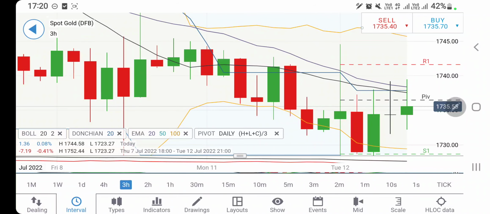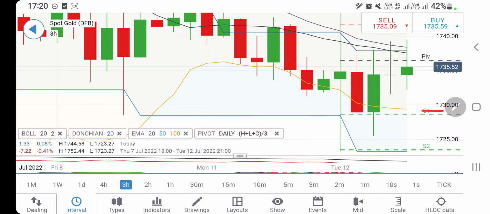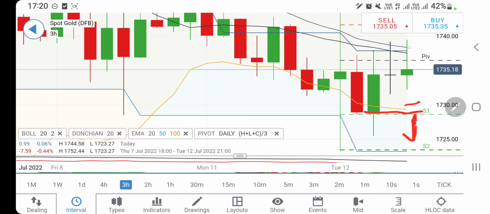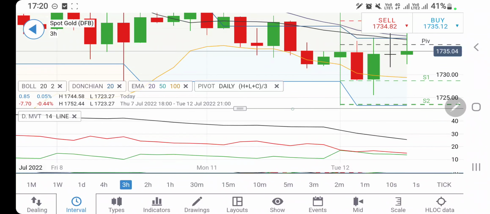On the 3-hour charts, you see higher highs, and the next high is at 1740 levels. And yes, the resistance at 1737 is strong. It is trying to give you higher highs, higher lows in between 1730 and 1740. Do not trade below 1730. Again you can go short, but there is a support here at 1727. So in between 1727 and 1740, do not trade. And yes, any breakout above or below will be a very good indication for it to decide the direction.